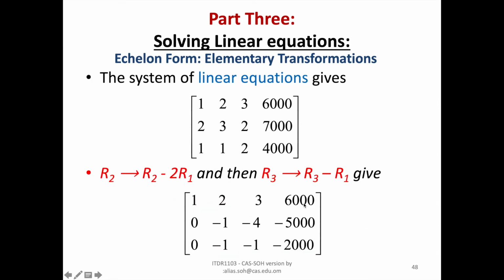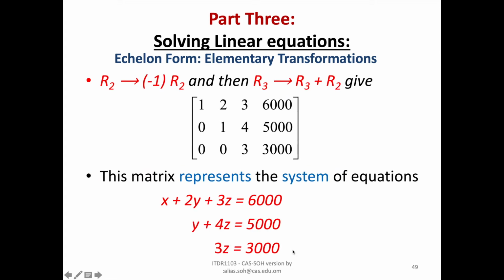Then we add row 3 to row 2. So minus 1 plus 1 is 0. Minus 1 plus 4 is 3. And minus 2,000 plus 5,000 is 3,000. So here we just